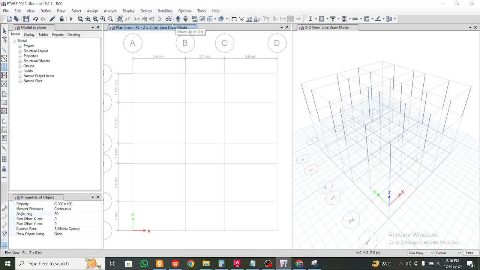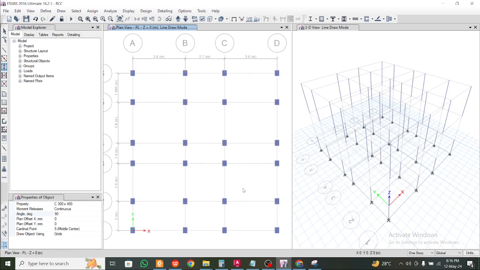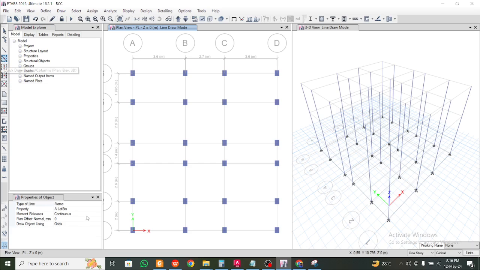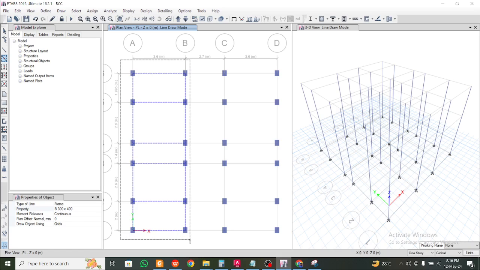Okay, we have to add from the plinth level also. We'll do the same. So columns are assigned now in all the levels here. We'll check in the 3D diagram, the columns are assigned. So let's go to the plinth level at 0, and let's go for the beams. So the plinth beams, here we have quick draw beams or columns. Indeed, this option, we'll just do 300 into 400 here, and the plinth beams will go like this,